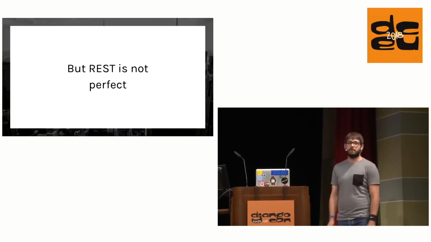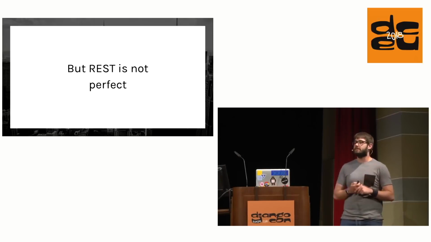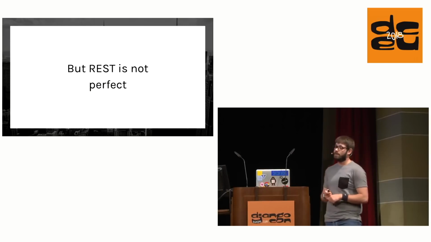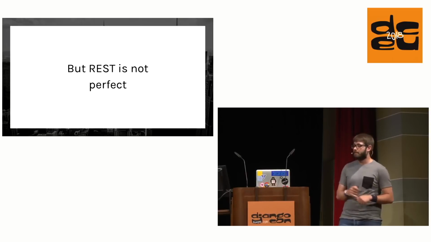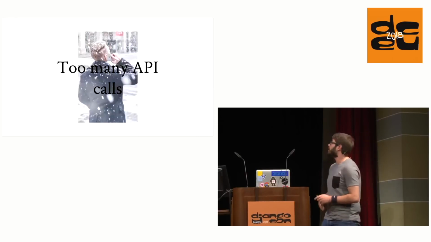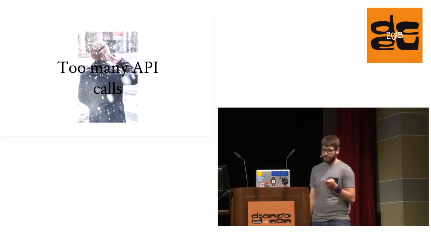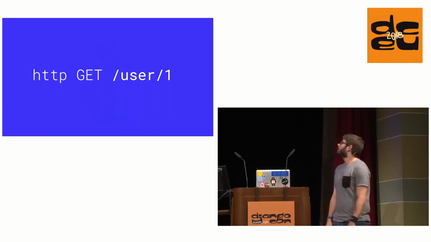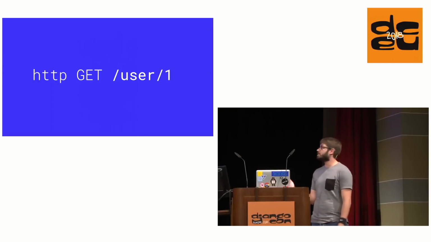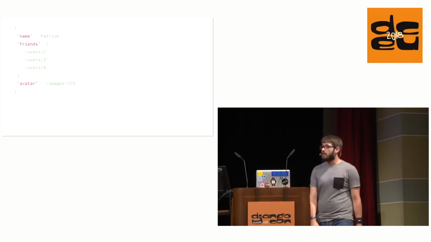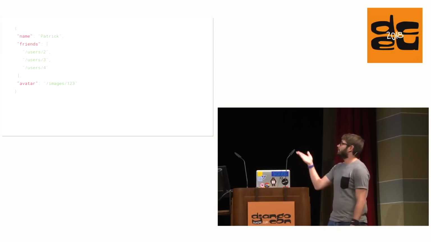You might have seen the talk two days ago about REST. There are some pitfalls that you have to consider when you're creating an API with it. I'm going to go through a couple of them. The first one might be too many API calls. For example, we have an API that returns a user. So you do a GET request to user/ID, in this case /1, and then you get a response like this,